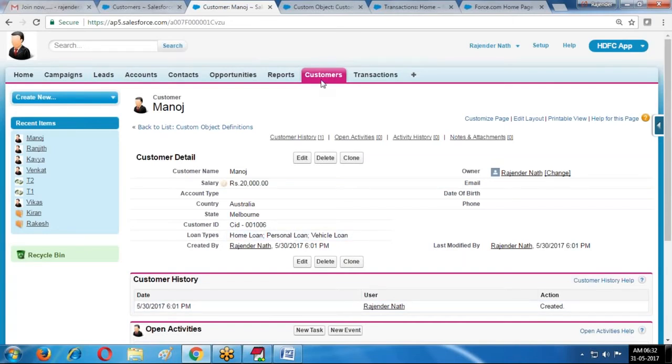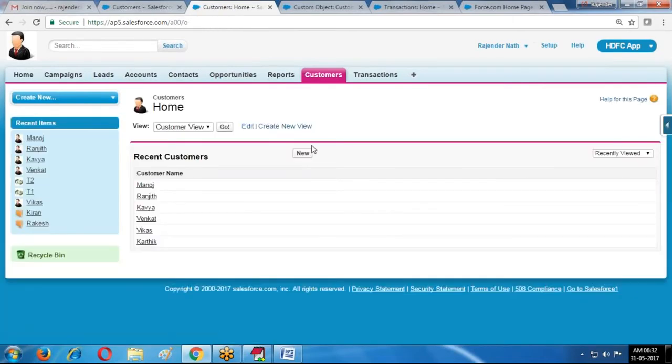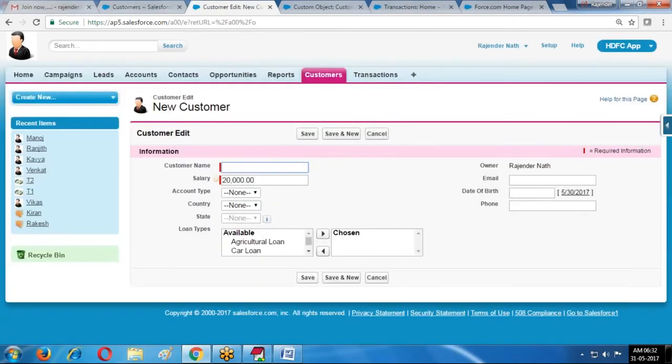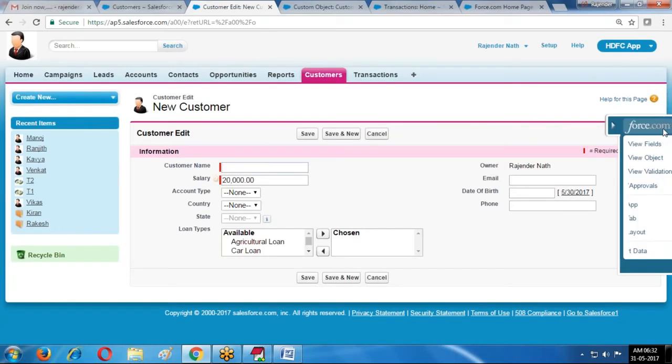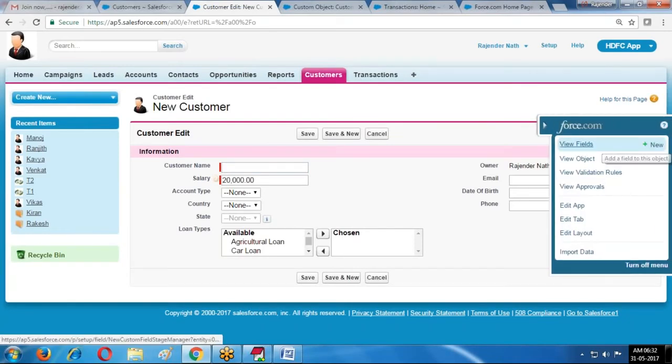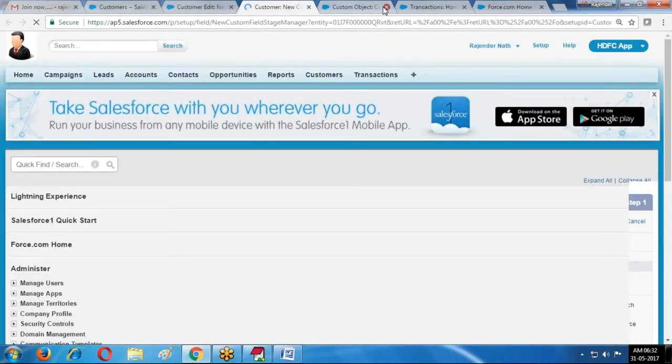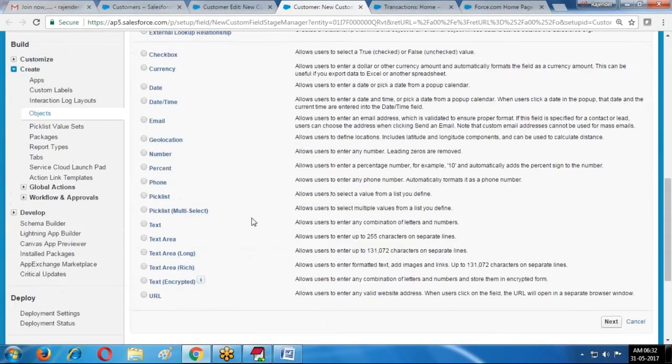And I'm creating here one more field, a description related field. I required some description. New field I'm creating. In the new field creation, text area. If I use the text area, it is allowing 2 lines of text, only 2 rows, and 255 characters maximum you can provide.